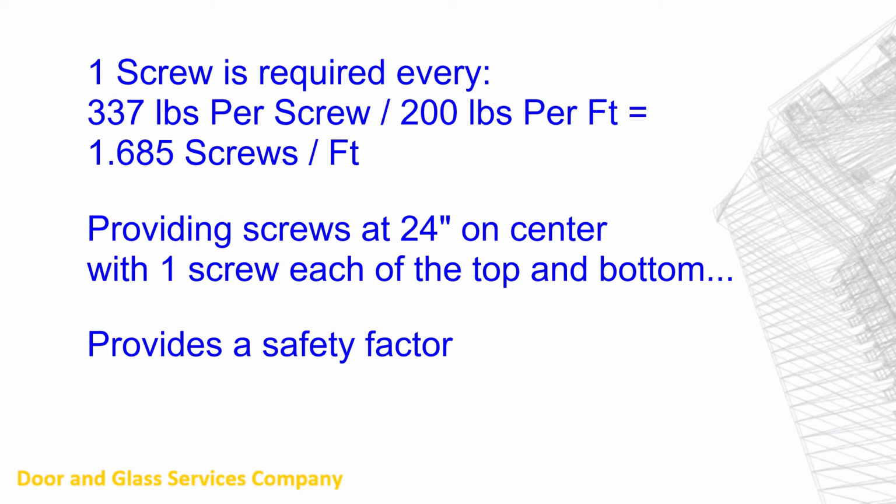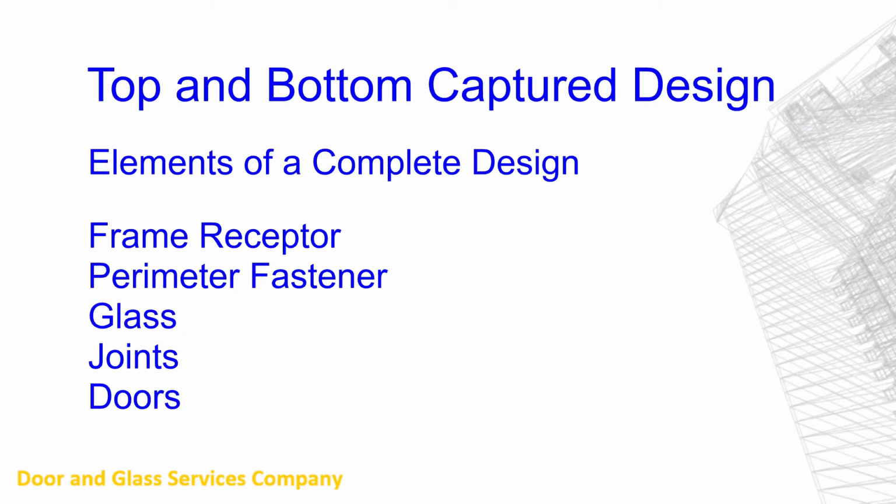So we could install screws at 20.22 inches on center, but it's easier to attach screws at the top and at the bottom, and you never want to have a safety factor equal to 1. You always want to have a safety factor greater than 1. So if we go with screws 24 inches on center at the top and at the bottom, we're going to achieve a safety factor. We spoke previously extensively in the code section about glass and glass requirements. We want to make sure that we limit deflection and attach the panels to each other so that they can't